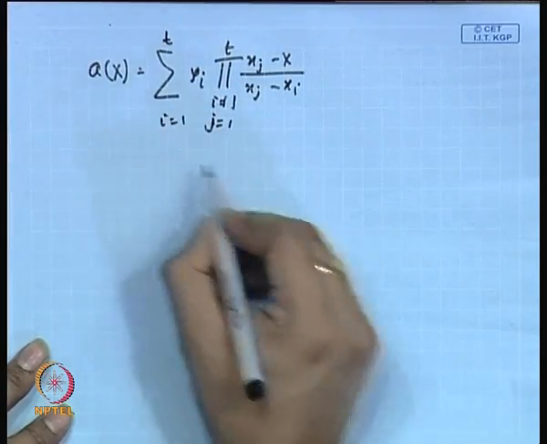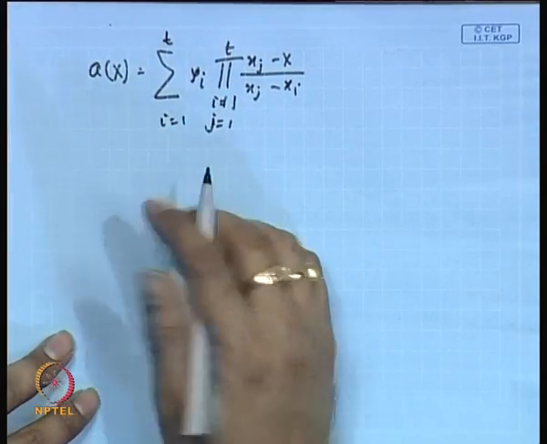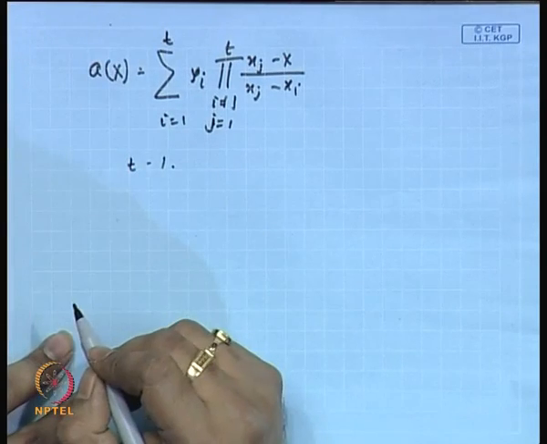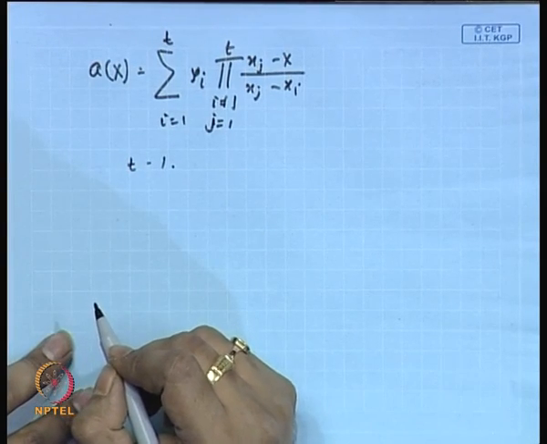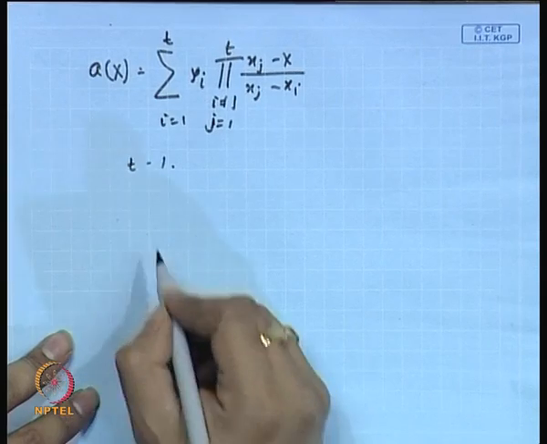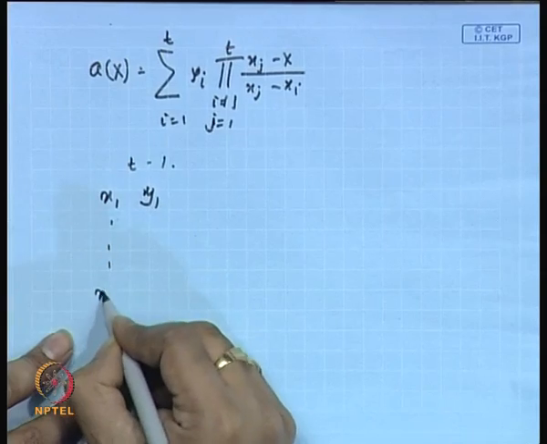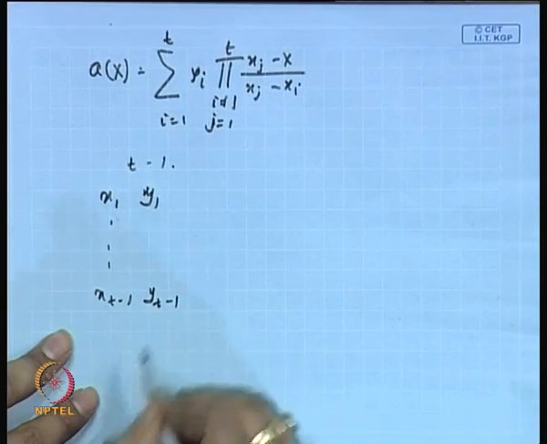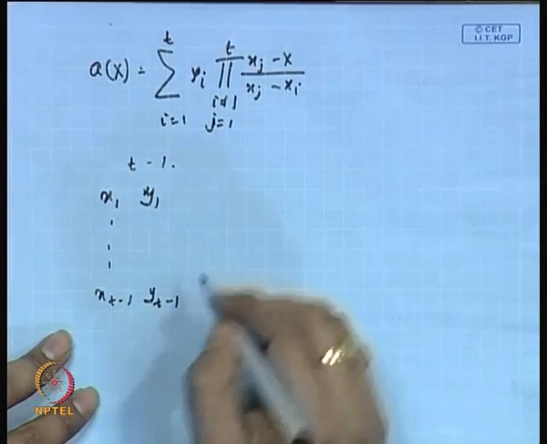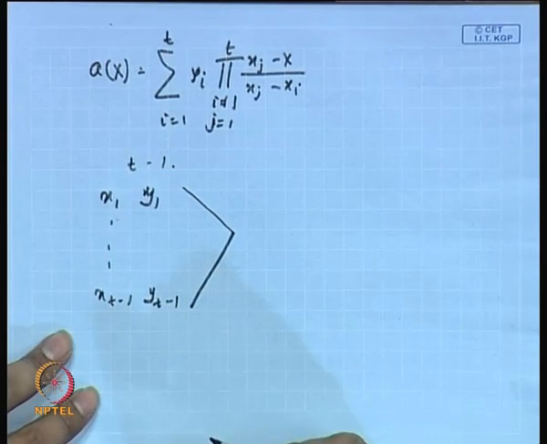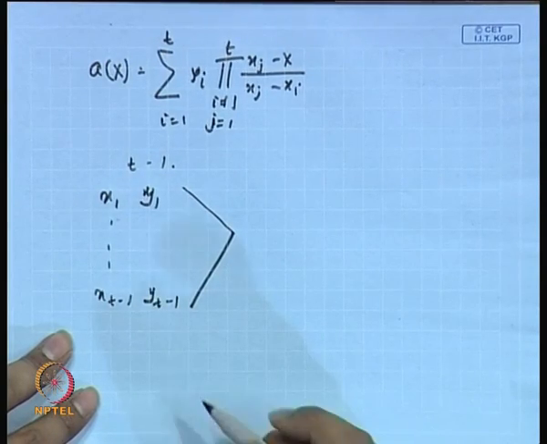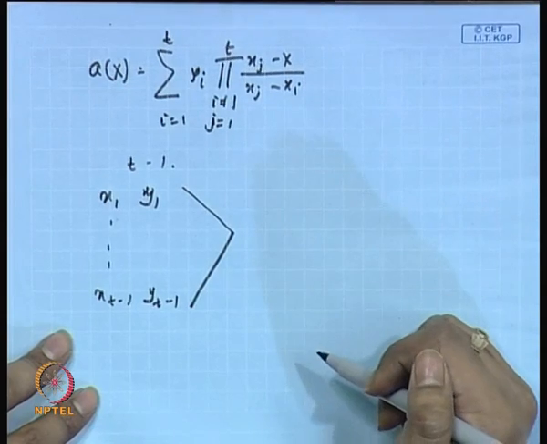But suppose the number of colluding parties is actually, say, t minus 1, even 1 less than that, right. So, the corresponding shares will be x1 y1 and so on till xt minus 1 and yt minus 1, right. So, they will apply Lagrange's interpolation formula on this, but note that they also know that the degree is t minus 1,